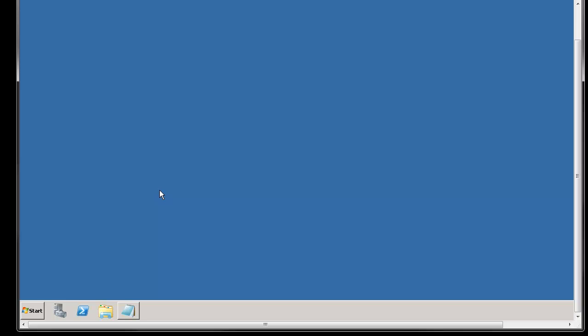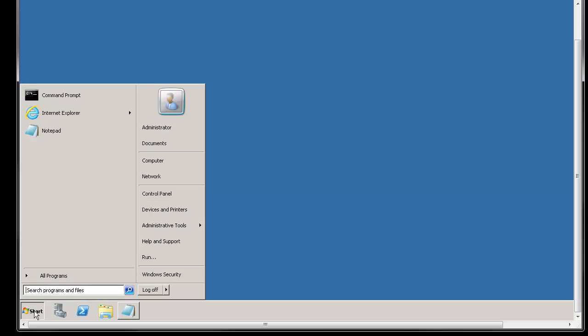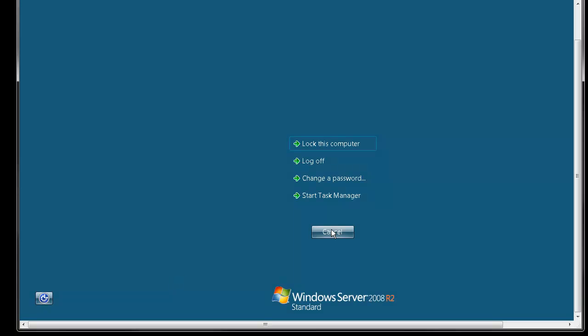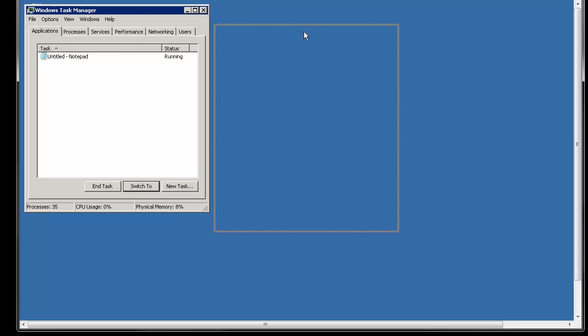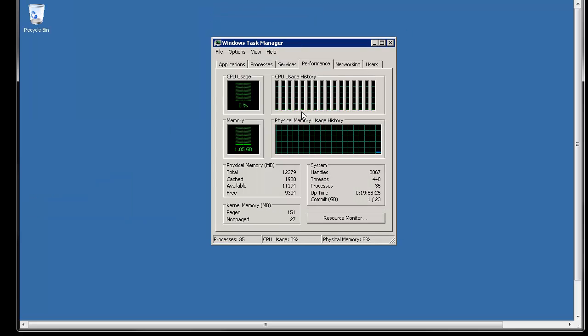So if you wanted to run Task Manager or shut down the server or something like that, it's going to bring up your local stuff, not on the server. So you can hit Start and this Windows Security option, and what that does is it brings up your lock computer, log off, change password, that sort of thing, and Start Task Manager. And so it's helpful a lot of times to see Task Manager and to see performance and your services and